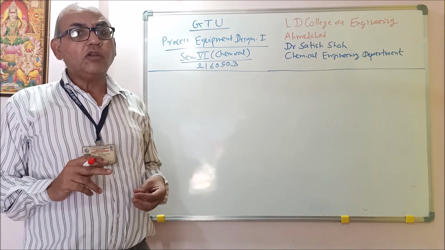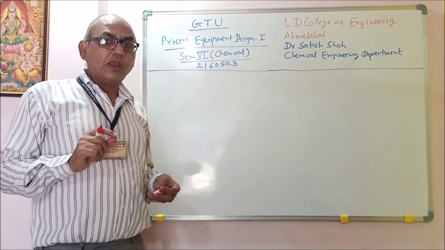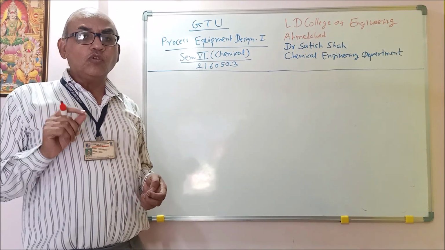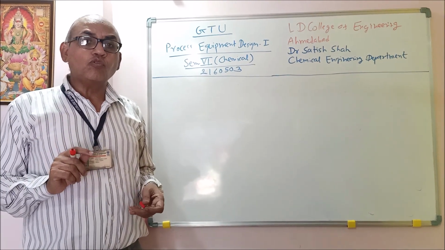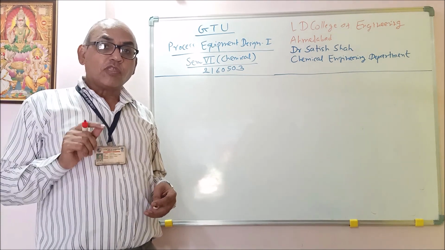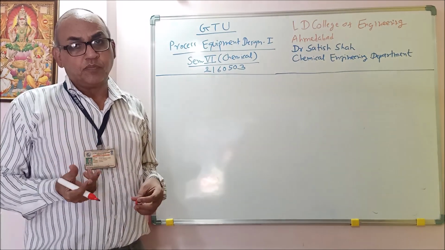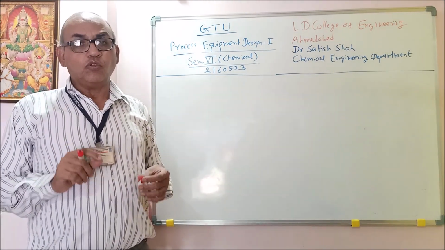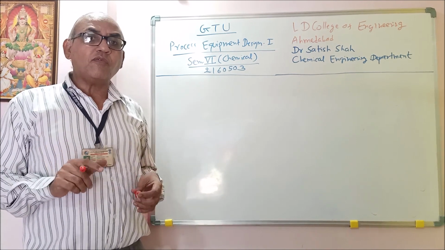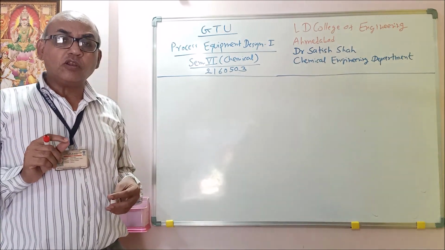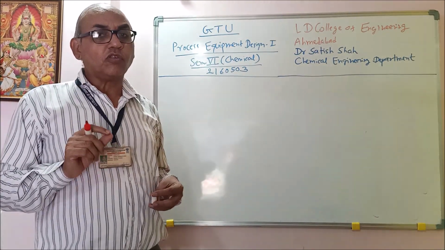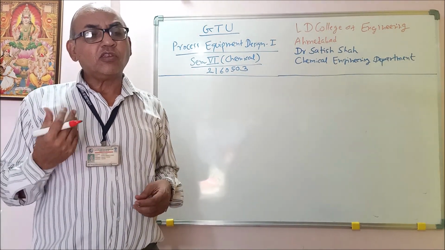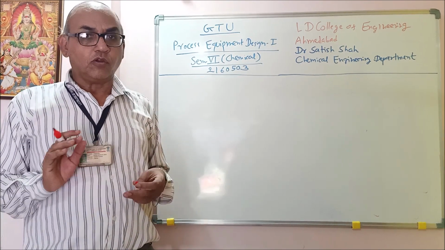And one more thing, we have the appendix available for tube data and pipe data. You should refer to that also, because the shell we prepare from the pipe and the tubes we get from the tube data. So both these tables are very important. How to take the gauge of the tube, what is the effect of the gauge and everything, you have to read from the book, and then next time when I take the example, it will be clear to you.